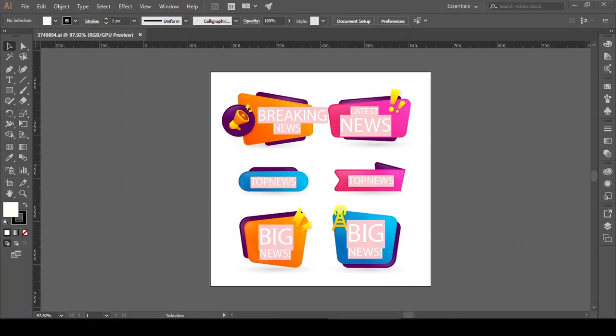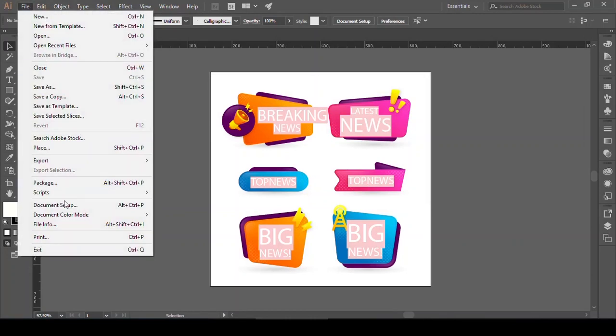Today we want to talk about color mode in Adobe Illustrator. Okay, let's find out the color mode of my document. You can go to the File menu, Document Color Mode, and you can see a check mark beside your color mode. The color mode of my document is RGB. I can change it to CMYK color or other color,